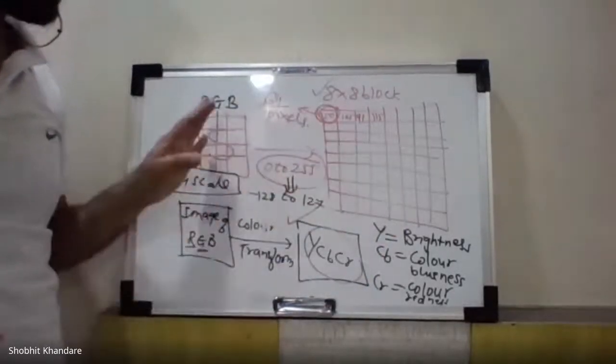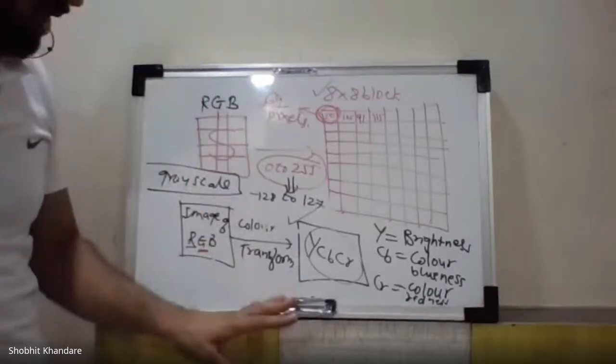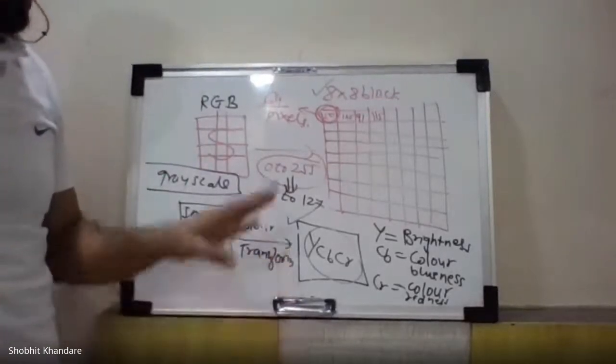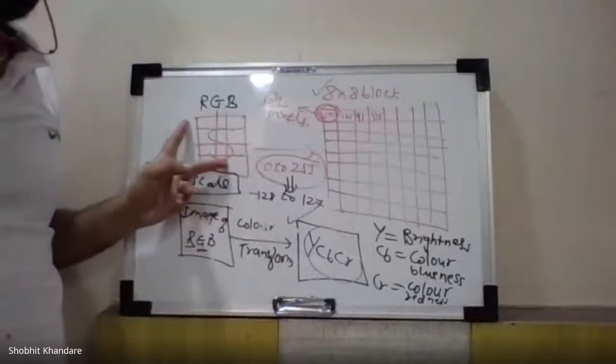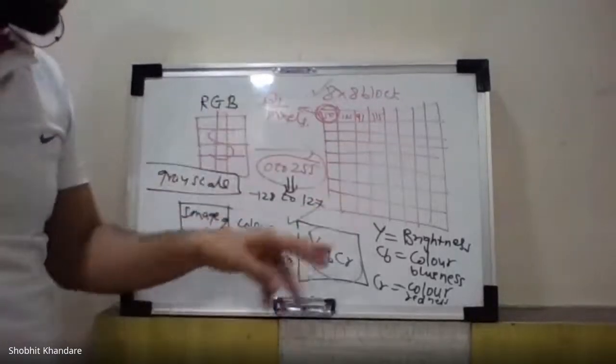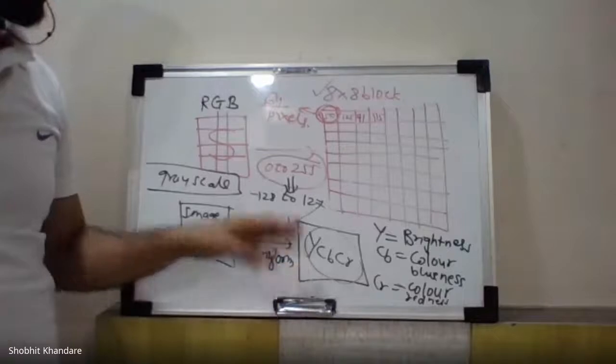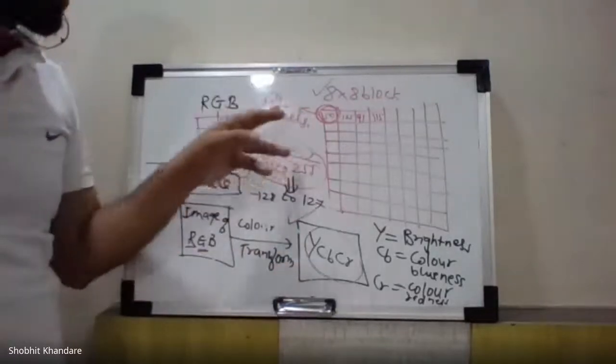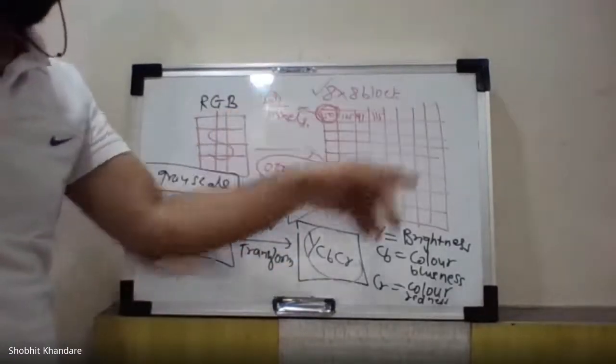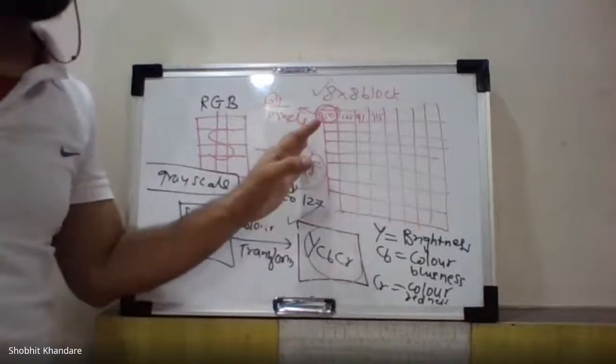Okay, I hope you have understood this. Whatever is written on the board, you can just write it down. I have just told you the raw image. This raw image can be converted from RGB into YCbCr. Each block is of 64 pixels, or 8 by 8 block. So always we'll be having 8 by 8 blocks.